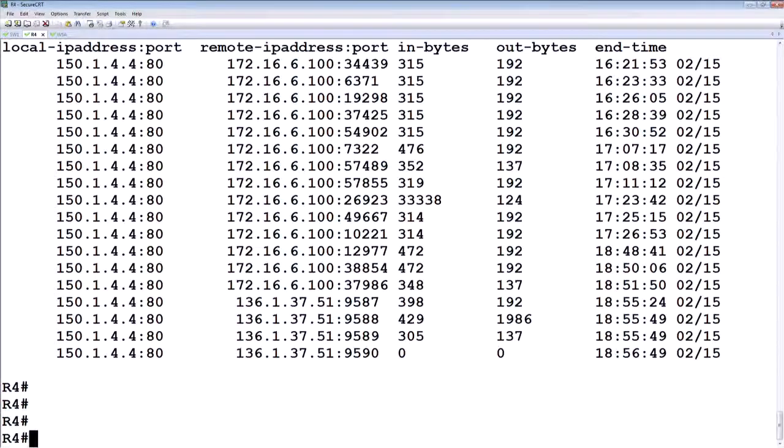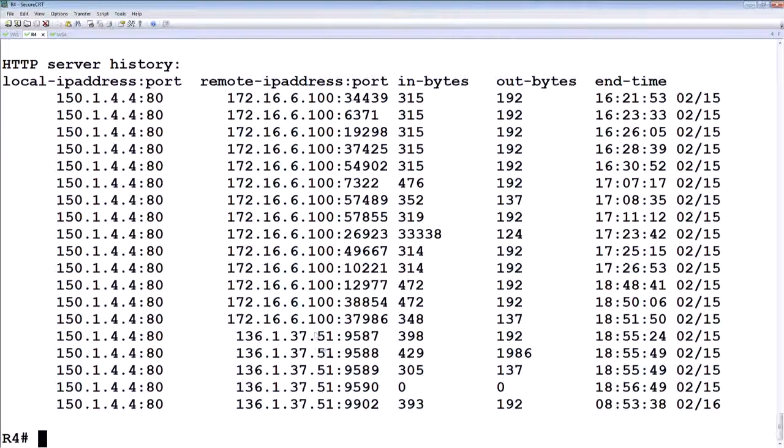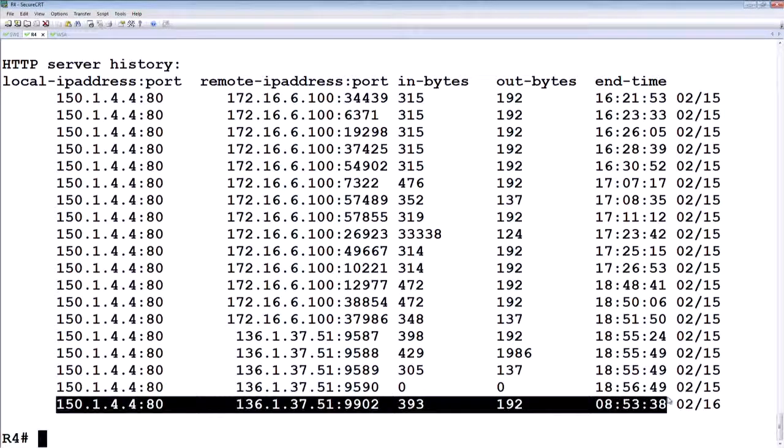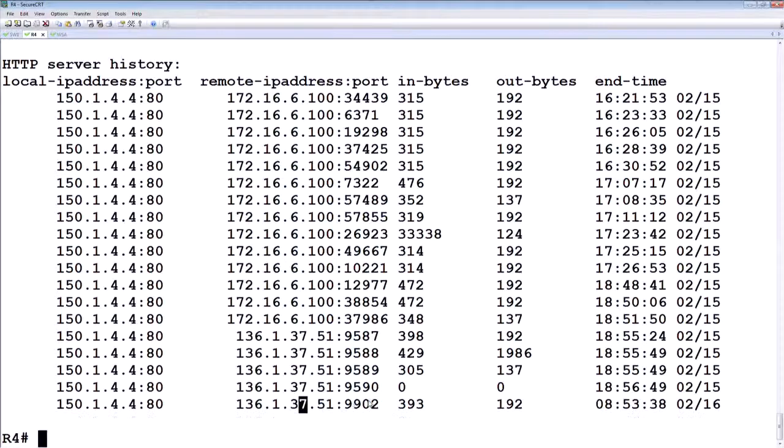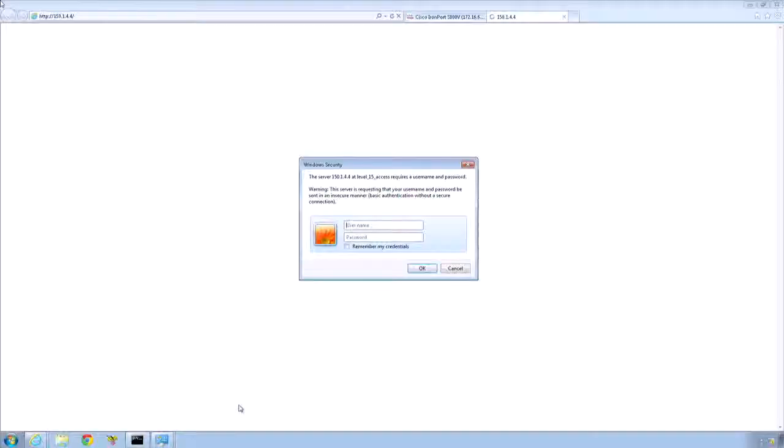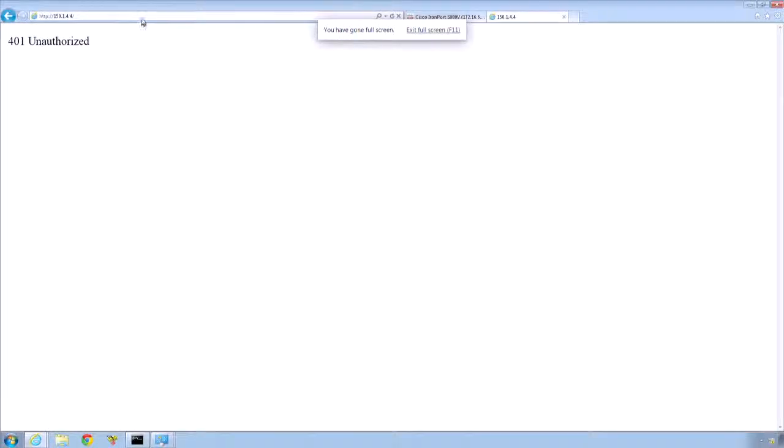If I do a show IP HTTP server history again, I see that the session also shows up as being accessed from the client itself. This has nothing to do with the proxy bypass list, but with the order of operation, which is basically which takes first place, the WCCP redirection or the HTTP session. So let's go on the client, say cancel, and